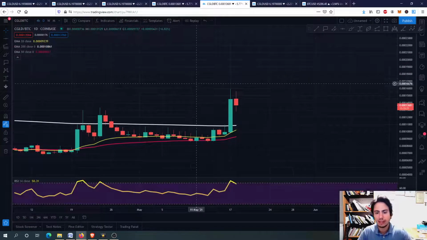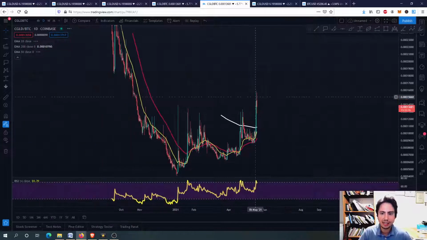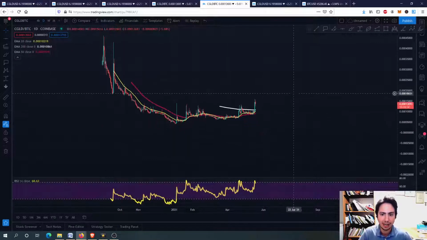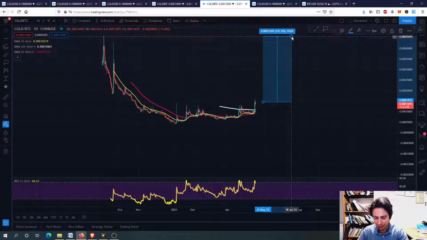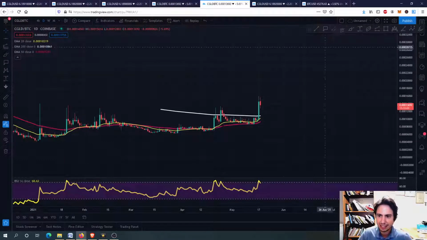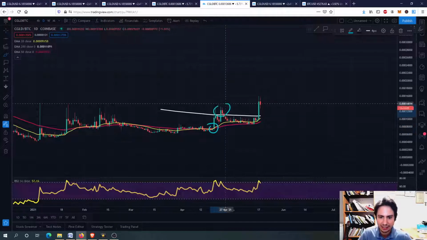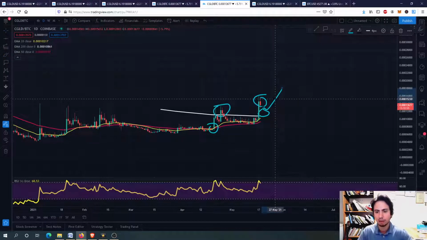Secondly, if I go to the daily frame, you can see, guys, that we have gone parabolic. Here we have so much room to grow. According to historical data, guys, we are having, let's see, around 200%. So right now we have gone parabolic. You can see that we are making higher lows and higher highs. You can see now we will be making higher lows and higher highs. If we had to fall, eventually we might fall down and then go up again.